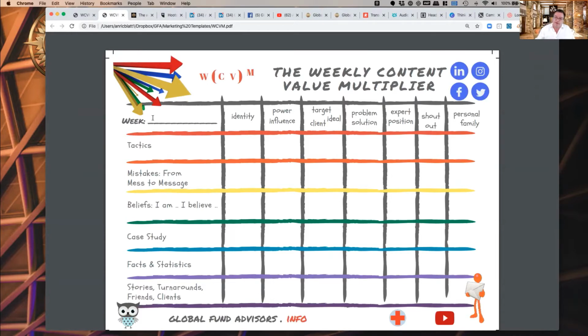Over here you'll see I have a slot for the week, because I don't throw these away, by the way, and I always handwrite these from this point onwards. And the idea is basically that my formula is W times CV multiplied to the power of M. Content and value. So as I plan my week in terms of social media engagement, emails, whether it is up here with LinkedIn,